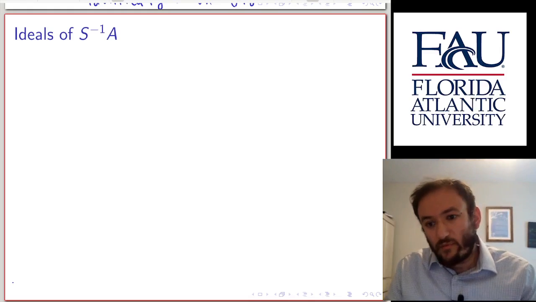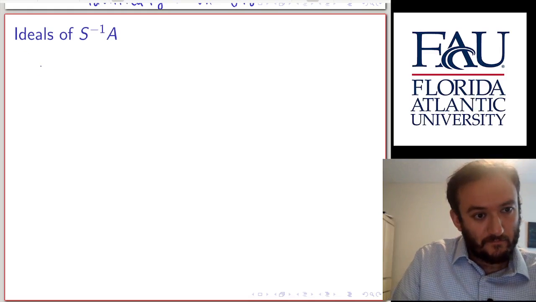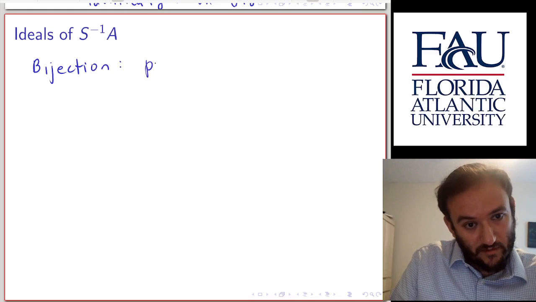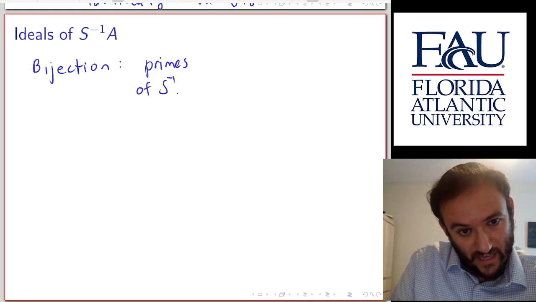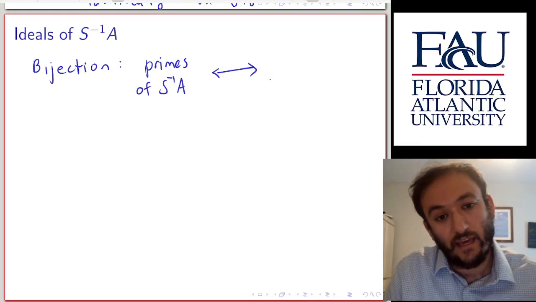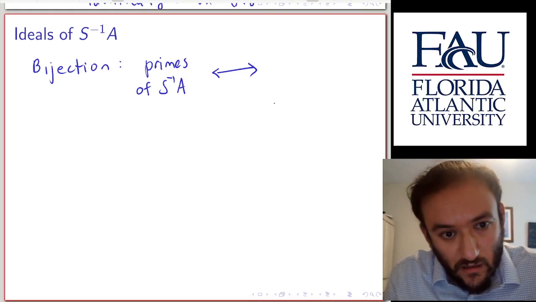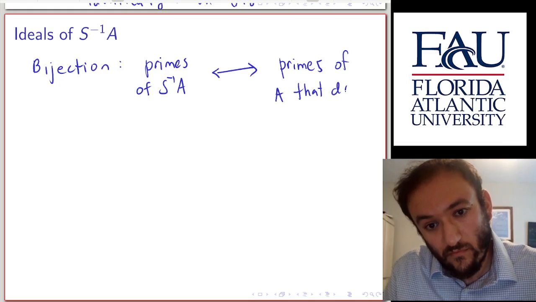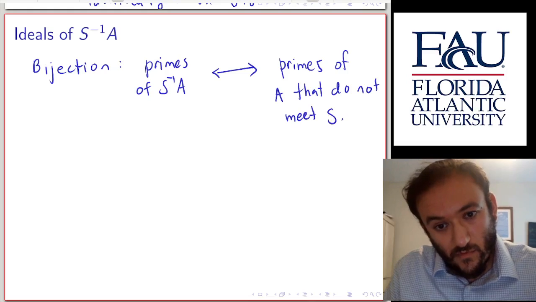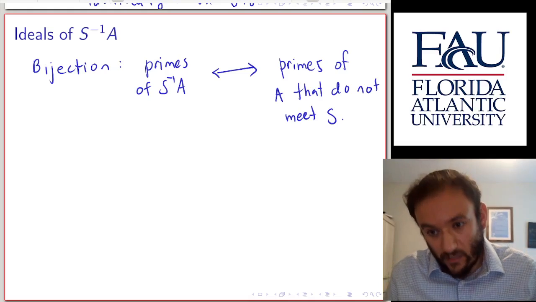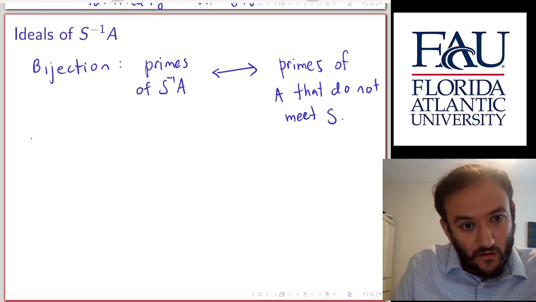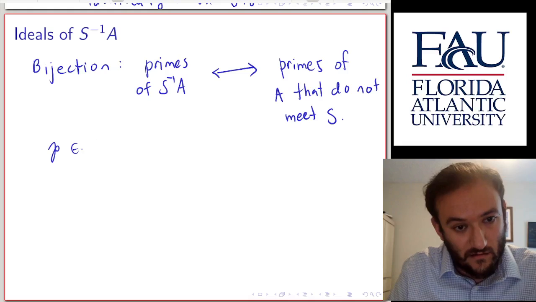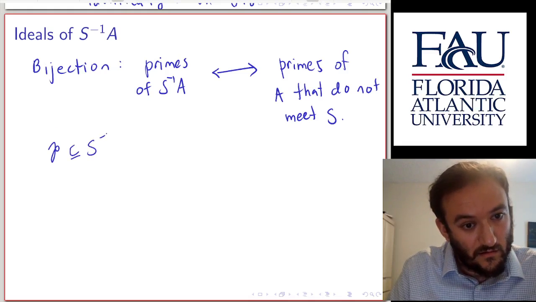Now one comment about ideals of S inverse A. There's a bijection between primes of S inverse A and primes of A that do not meet S. In particular, the prime intersected with S will be the empty set. So taking P in S inverse A,